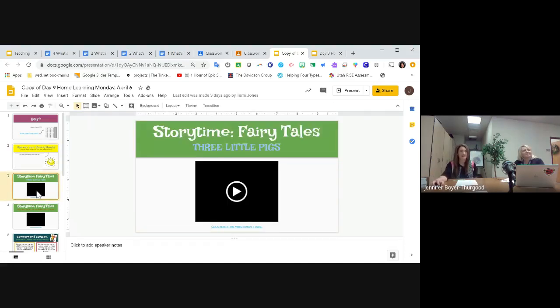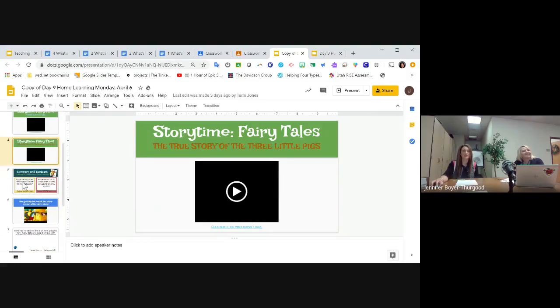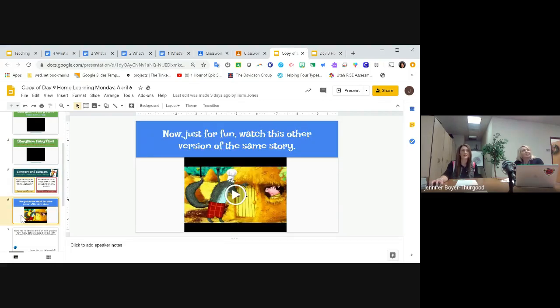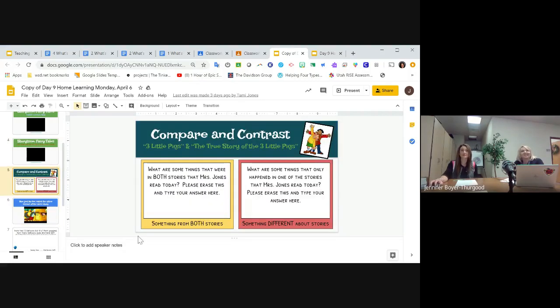Then she has a little story time that she has done with the 3 little pigs. This is her reading. I think it was day 10. Maybe. Was it day 10? Well, I just looked through these. The idea is the same. I'll just click through these really quick so we can look some more at it. But look, compare, contrast. That's right. An essential skill. Yay.